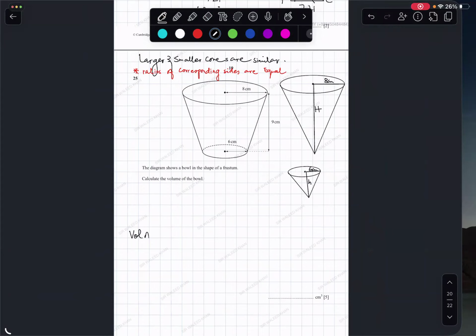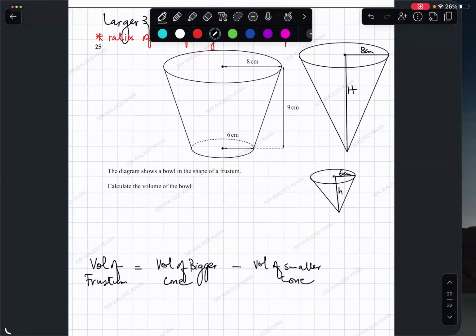Volume of first is volume of the bigger cone. So in the bigger cone, you can clearly see that capital H is missing, and volume of the smaller cone. In the smaller cone, you can say that it's the smaller cone, smaller height. Okay. Now, looking at this, we have